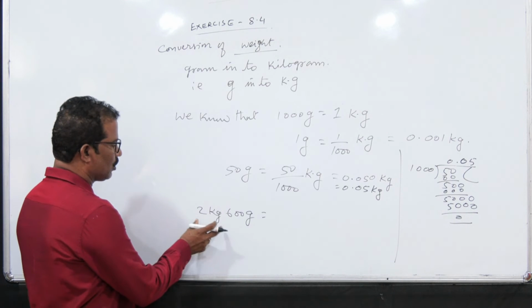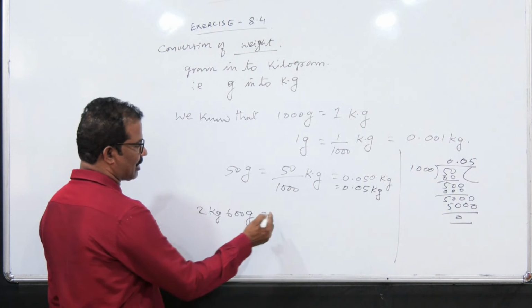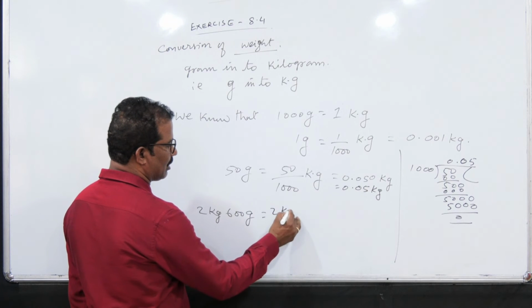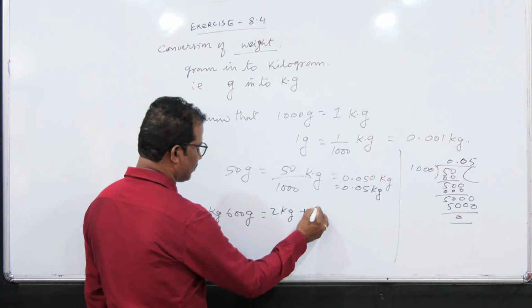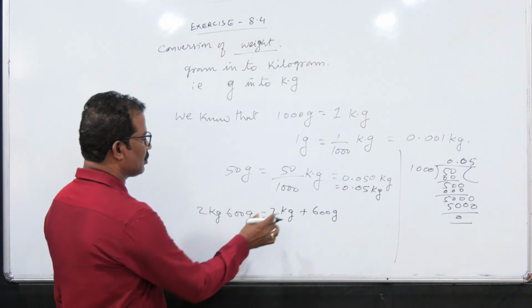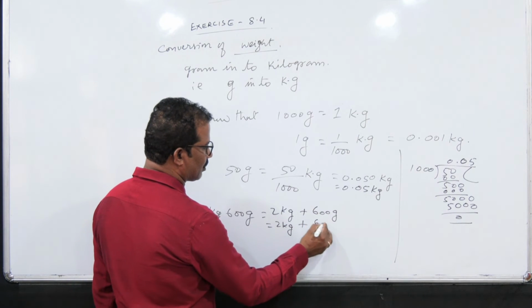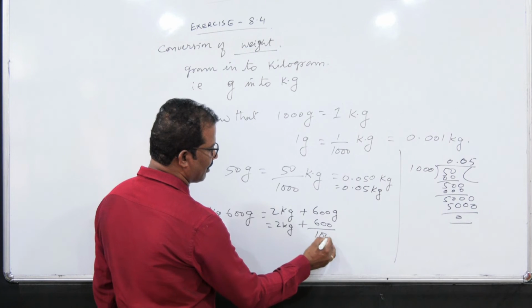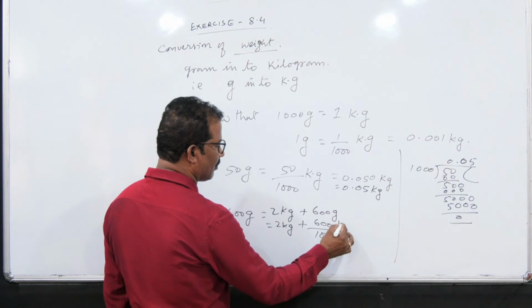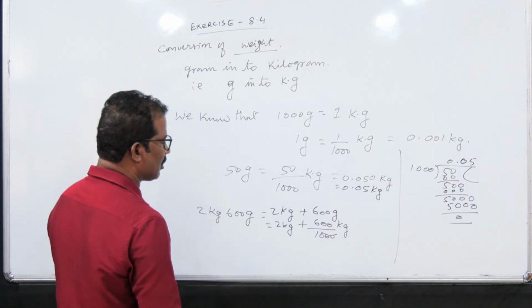Similarly, you can see 2 kg 600 grams. So here 2 units are there. We can break the units like this, 2 kg plus 600 gram. If we want to convert into kgs only, it is already in kg, we can keep it like this only. But for this gram we have to convert into kg, which means we have to divide by 1000. Now it is kg only. So the last 2 zeros will cancel out like this.